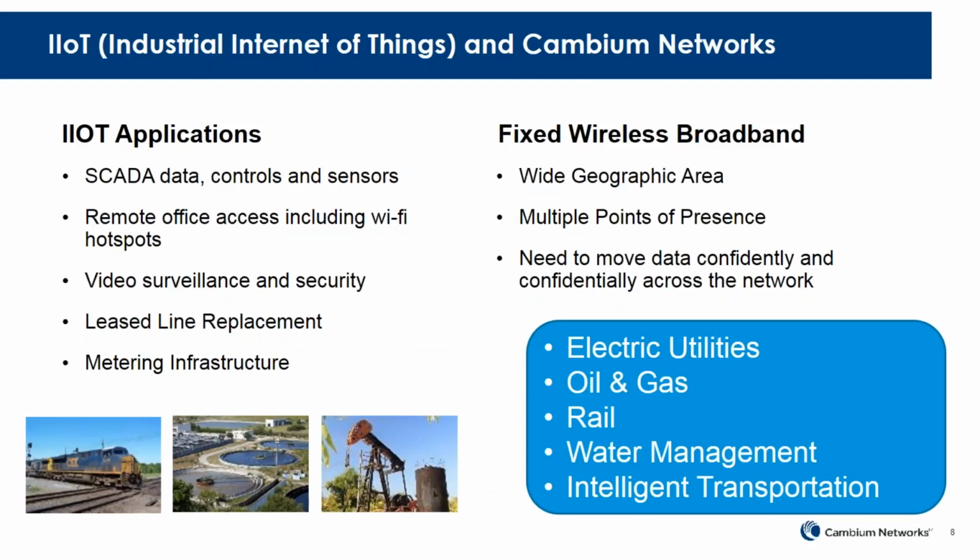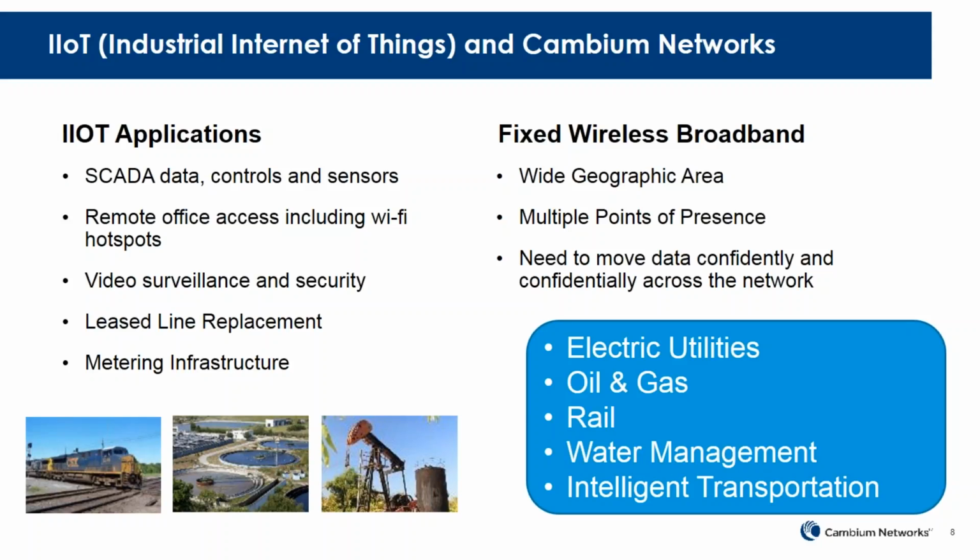So when we look at industrial IoT, we're really looking at these types of applications. The one I've just been talking about, you can also imagine each of those remote areas having a Wi-Fi hotspot so that the worker who's out in that area can get on the Wi-Fi and get back to their home office to check their email or look up blueprints or drawings, any information they might want to pull out of the internet or their corporate environment. You can also imagine video surveillance, having cameras in all those areas so that the security teams can monitor what's happening, not only to make sure things aren't being vandalized or stolen, but also to make sure that the people working in those areas are safe.